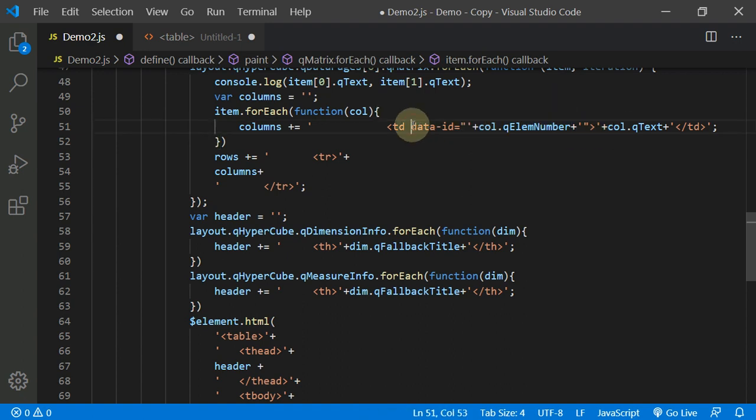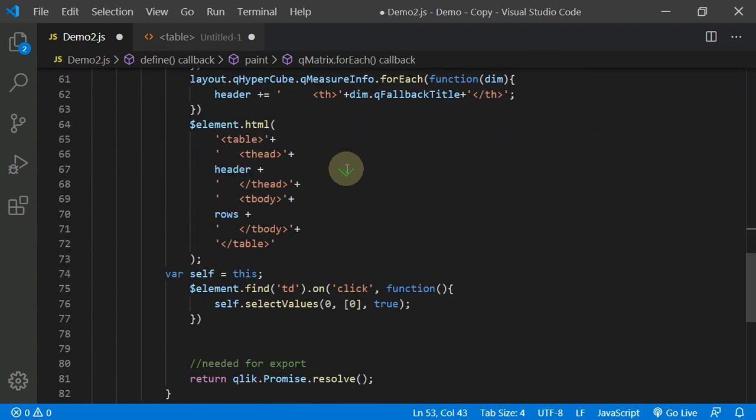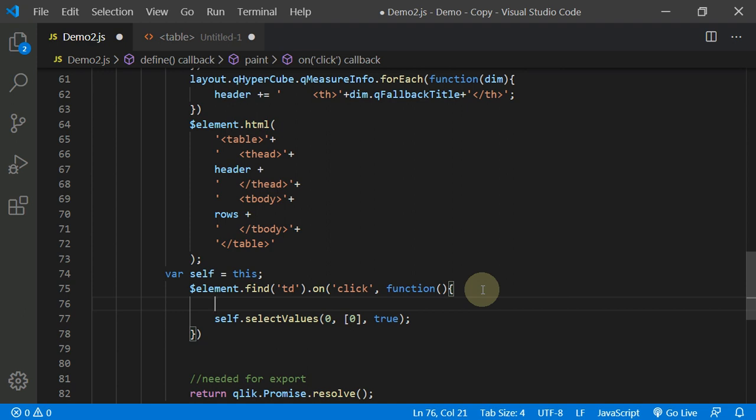So we need to add the attribute here for the TD element, and within the click function we can get this attribute using a jQuery function again.